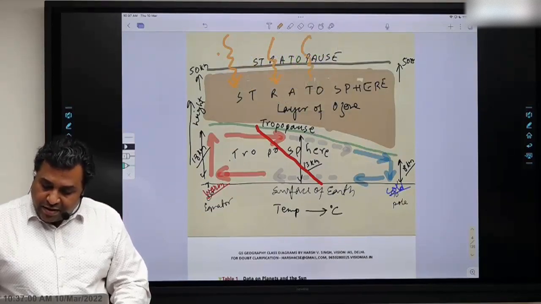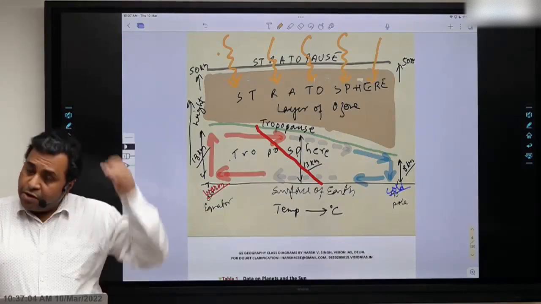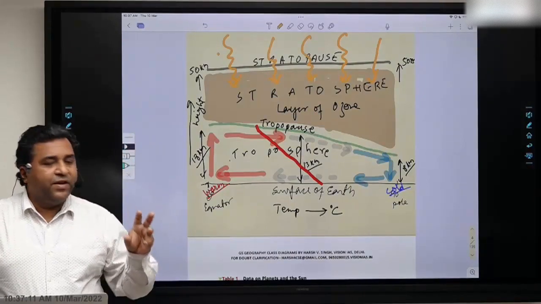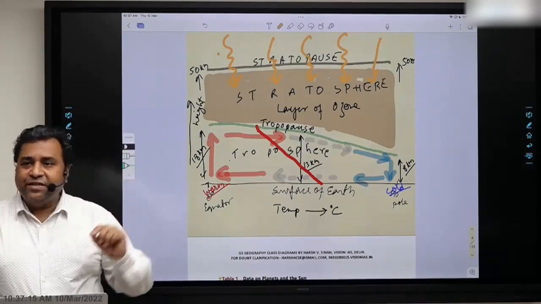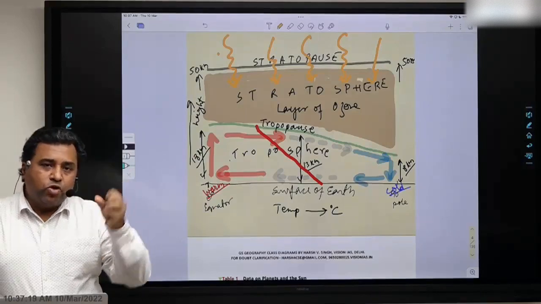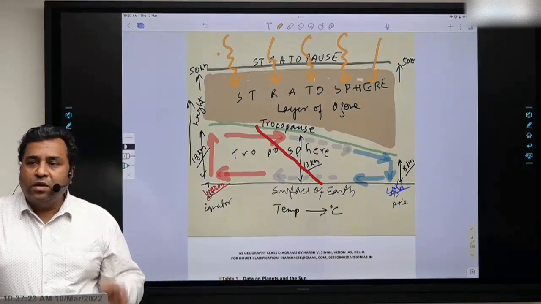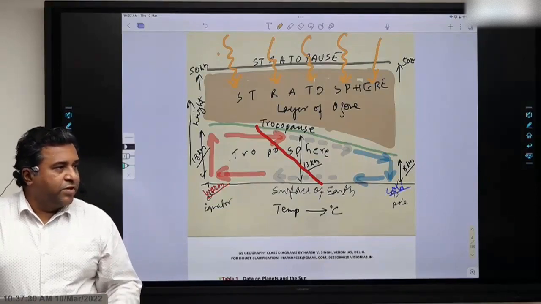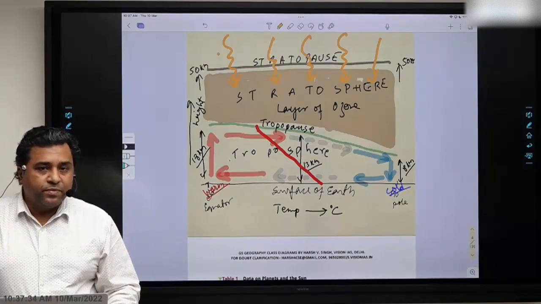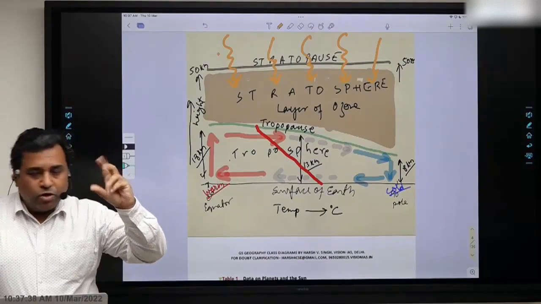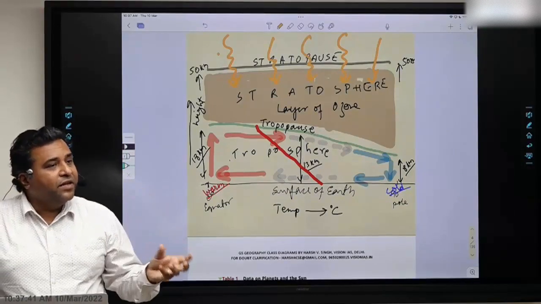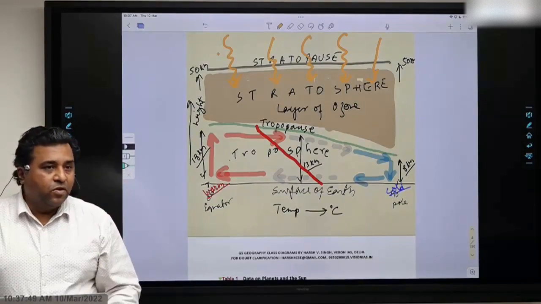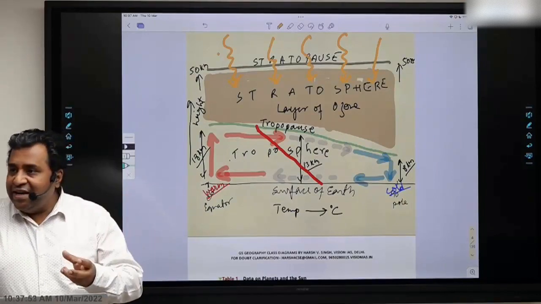ठीक है, and what happens to this UV radiation in the ozone? होता क्या है? What does the ozone do with the UV radiation? Just understand, all of you. Some of you might be knowing this reaction, this is where I have to tell slightly. ठीक है, so when the UV radiation hits the ozone, the ozone absorbs the UV radiation. What does it do? Absorbs the UV radiation and breaks that ozone molecule. ठीक है, so that ozone molecule gets broken in the process. So ozone will absorb the UV radiation, break the molecule and release heat energy. So it basically absorbs the UV radiation and releases heat energy, or simply said converts UV radiation into heat energy.